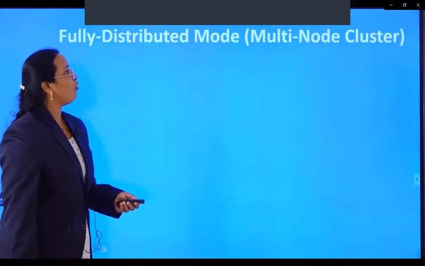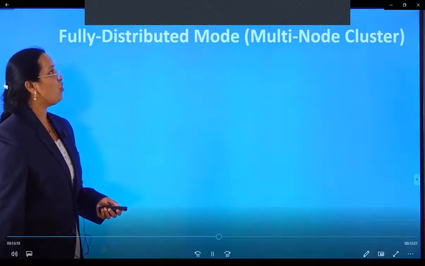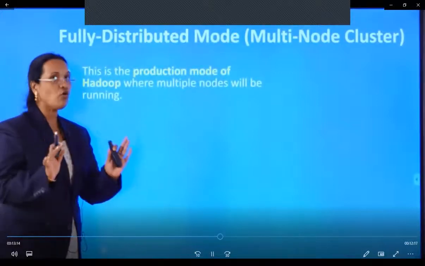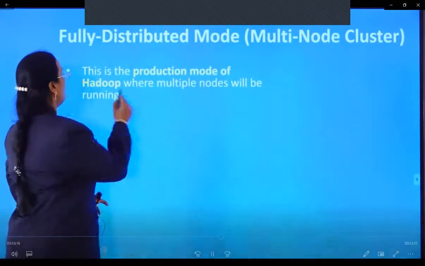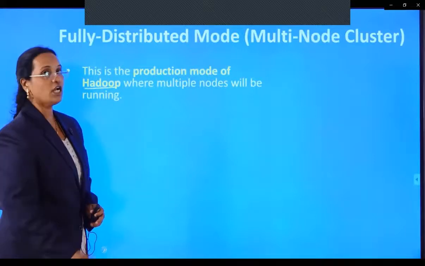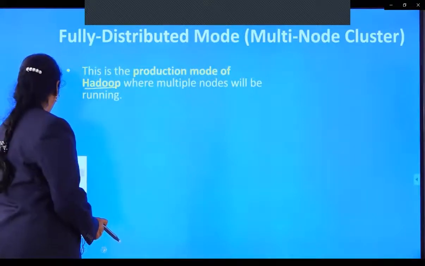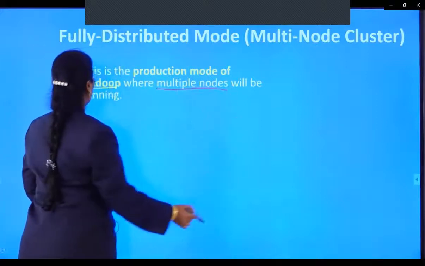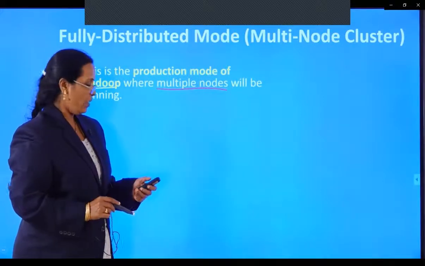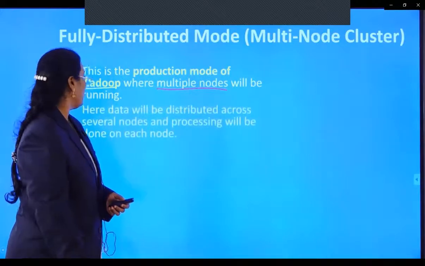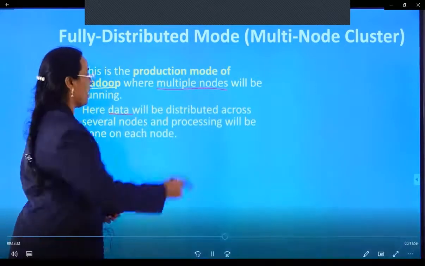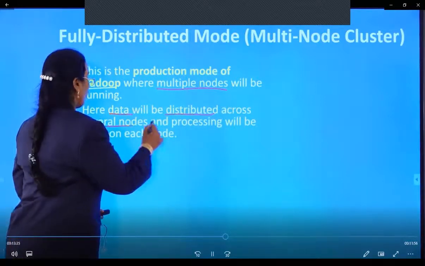Fully distributed mode, or we call as a multi-node cluster, we call it otherwise. What is going to happen is, this is the original production of Hadoop, right? Where multiple nodes will be running, and the most important is data is distributed across several nodes.